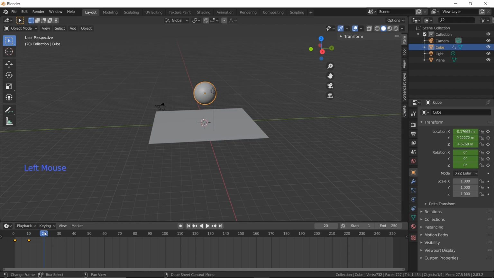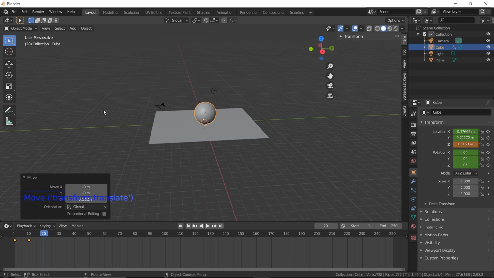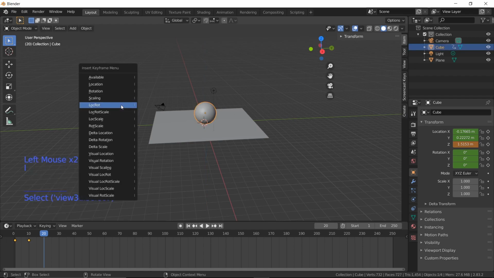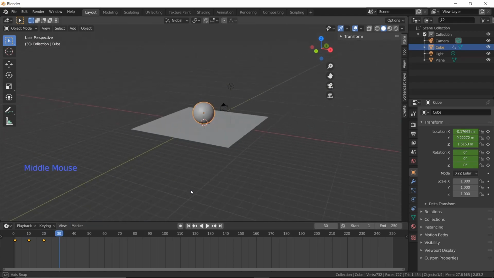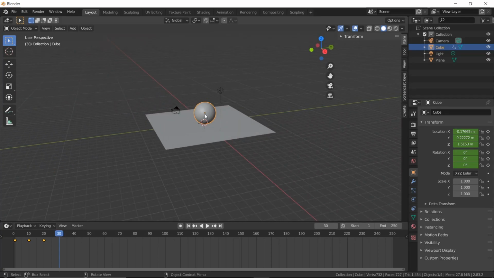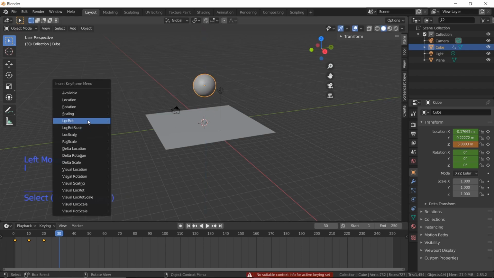We are creating the third keyframe at the 20th frame. To set the third keyframe, we have to change the position of our sphere. Let it touch the floor. Then to set a keyframe, press I, then select location and rotation. We now have three keyframes. Then to set the fourth keyframe, move to the 30th frame. Then we have to change the position of the sphere. For that press G, Z, then raise your sphere a bit, press I, location and rotation.